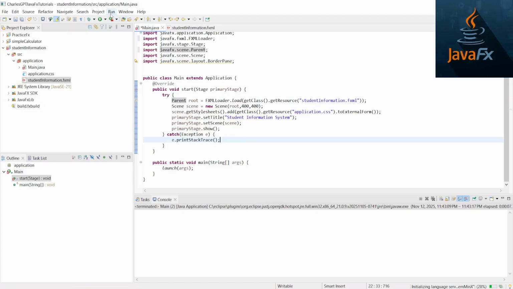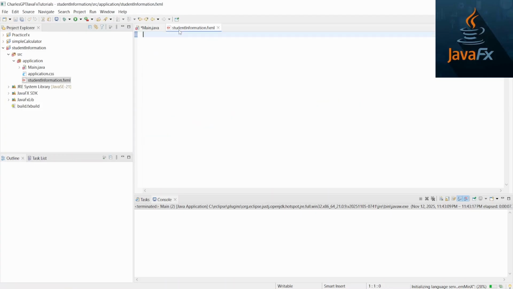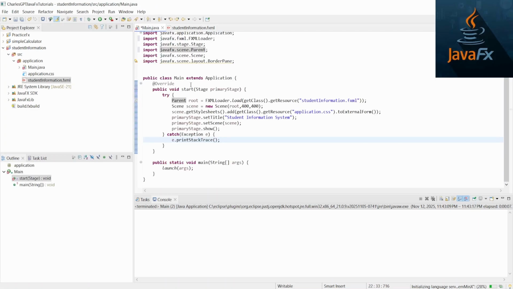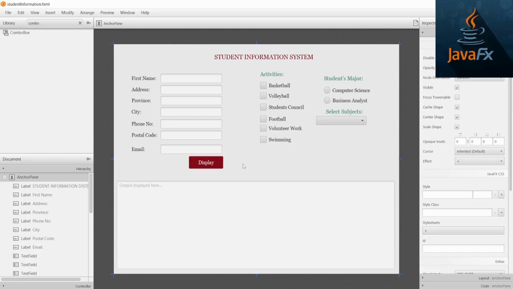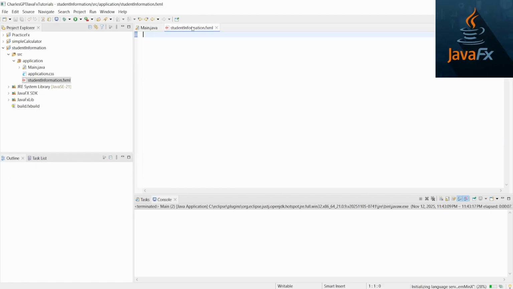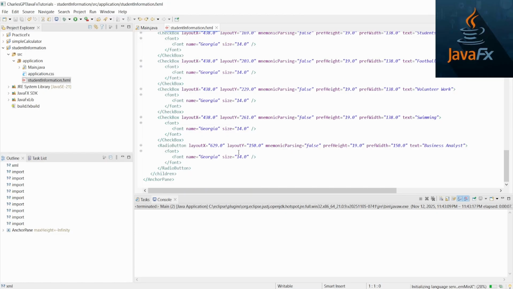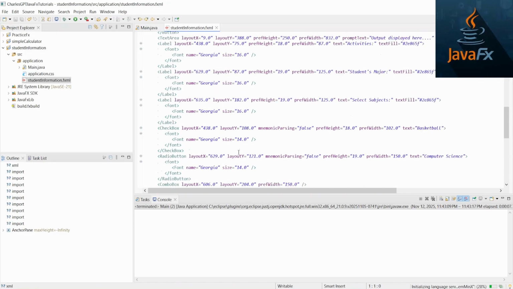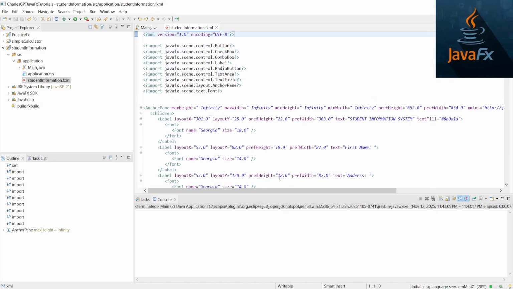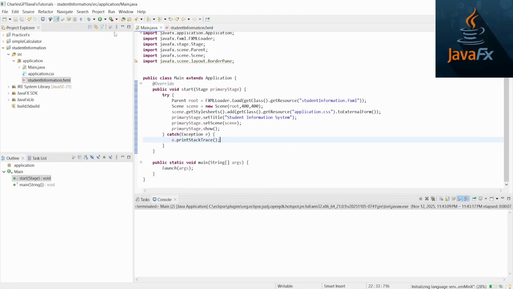So if we run this program, let me go to my fxml. Wait, I'll have to save it, right? So I'll go back to my SceneBuilder, and I'll click Ctrl S. It says changes saved. So now if we go back to our student info.fxml, I will see all the things we have built. We didn't code anything, we didn't write anything. It's already done it for us with SceneBuilder. As we are adding components, it's adding code, right? So if we run the application,